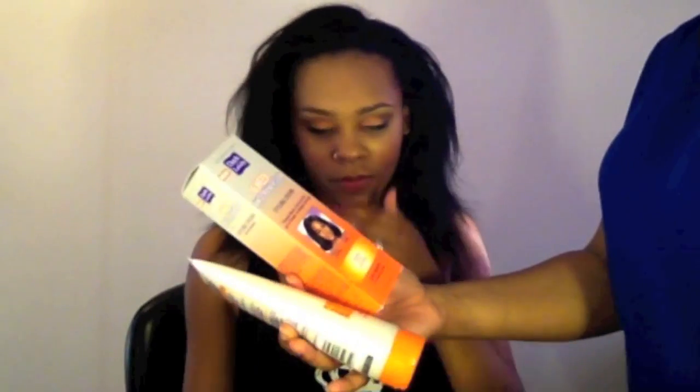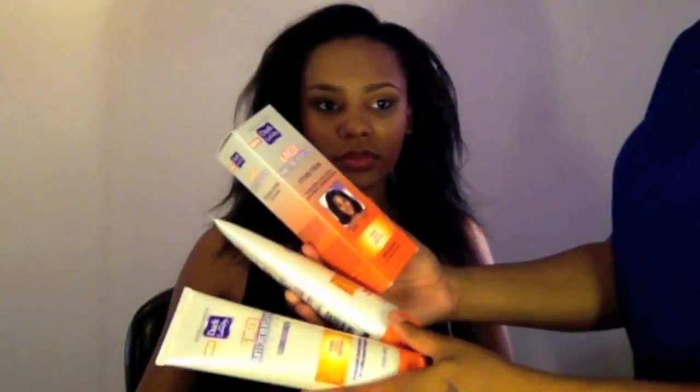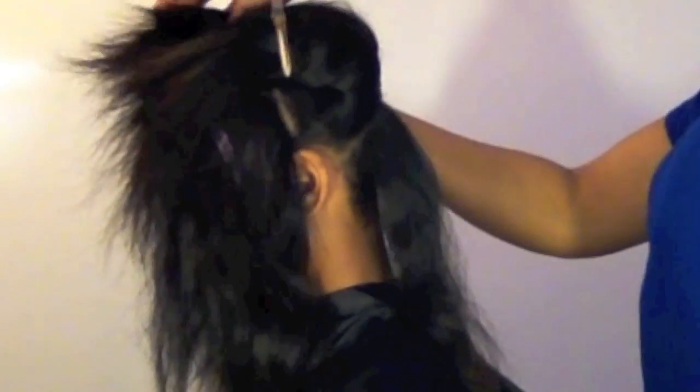Here are the Dark and Lovely anti-reversion products we talked about. Let's see if they live up to the test on this natural hair we got going. Now that you've already decided on the haircut, I'm going to walk you through what the experience should be like. I've sectioned the hair into 4 sections, ear to ear and front to back. Mind you, my client has the back of her nape shaved, so I have to start my sections much higher,